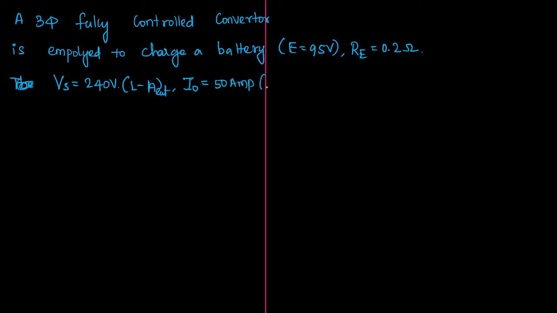It is given. And the output current I naught, they told it is 50 ampere and it is constant. In bracket they told this current is constant. Output is DC, right? Yes, so this current is constant. Now what is the question is,